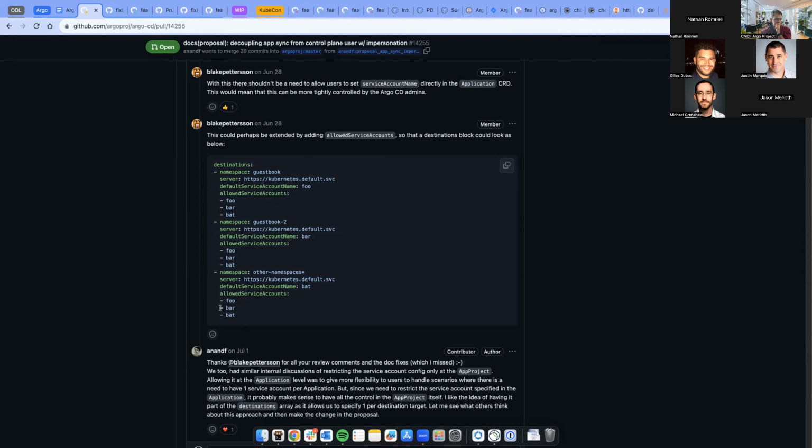That does mean, I guess we have to think about, do we think that setting the service account for an application or set of applications is more of an admin task or a user task? I guess I had been thinking of that more as a thing that you would set in the app project as an admin, but maybe that's not the right way to think about it. You do get the default service account name field, which does mean that as an admin, I want to just enforce it, so I can't be like that. I think that's probably fine.